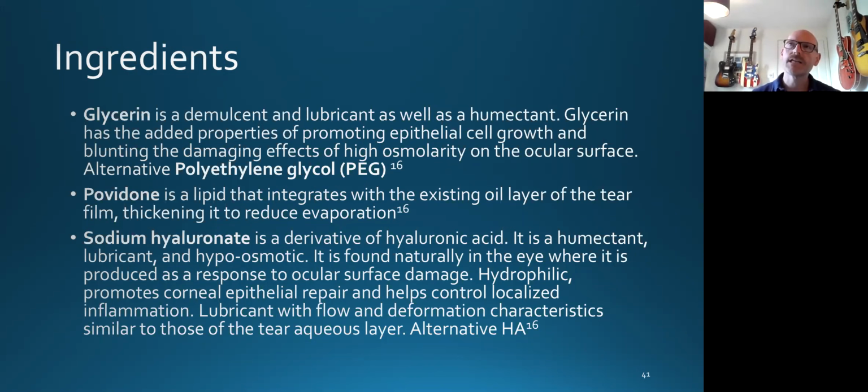Povidone is something sometimes referred to as PVP, and that's going to really help with the lipid layer. So that's going to help shore up that front surface to help resist dehydration. And sodium hyaluronate. Now, this is becoming the king of all dry eye ingredients. Everybody's seen it. This is getting into makeup as well. So this is a humectant. So again, it loves water. It holds onto it. So we don't need it to plump up our lips or our eyelids, but what we do need it to do is to try and hold on to that water content in the tear film